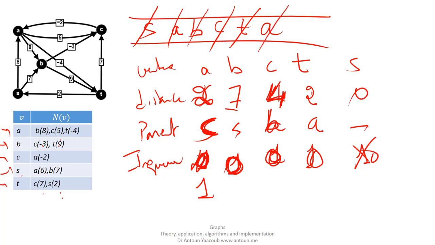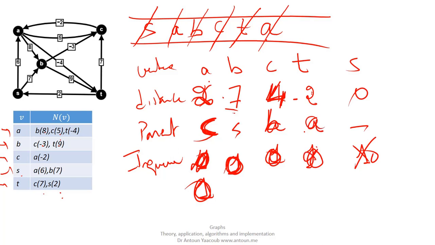A again. A, we have A is equal to 2. 2 plus 8, 10. So 7 is better than 10. So A now is out of the queue. 2 plus 5 equal to 7 for C. So 4 is better. 2 plus minus 4, minus 4 minus 2. So minus 2 is better. Minus 2. And I'm still coming from A. So we'll see that as if we have a cycle here because I was from A and I'm redoing that